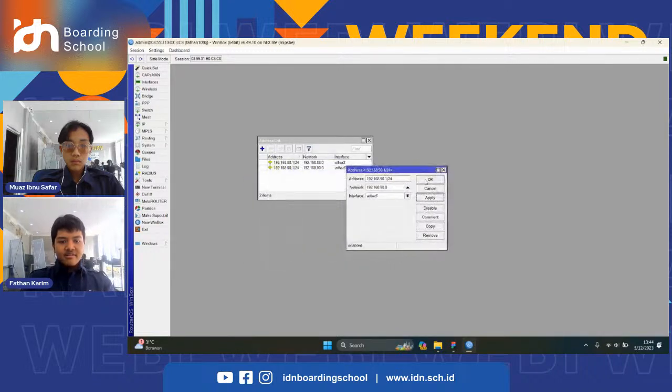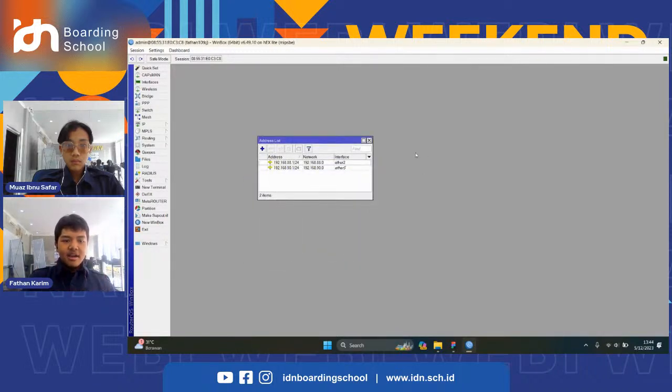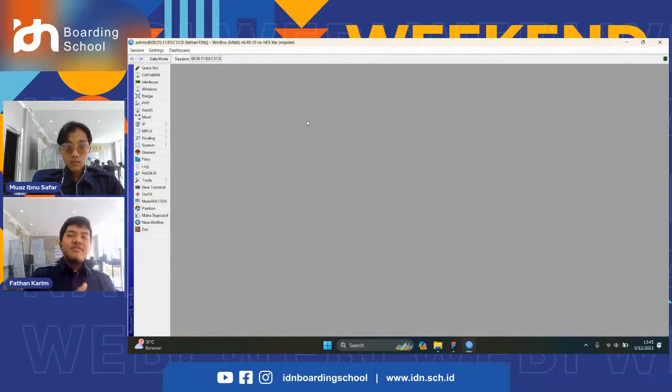Okay, so that's about the IP address. If you want to delete this one, you can select the entry in the table. You can disable it or delete it here. And if you want to restore a configuration that you have changed, you can press Undo in here, and it will be back. Okay, so that's how to access RouterOS in Winbox.